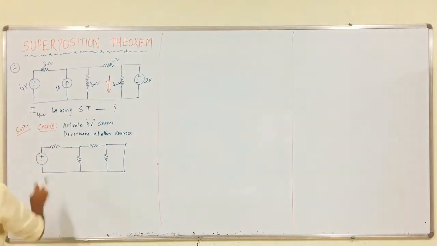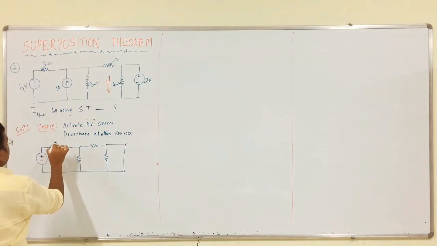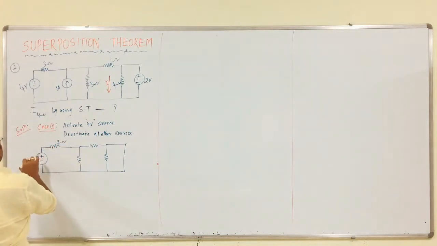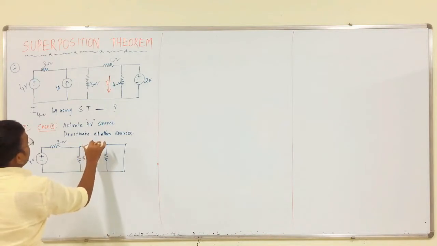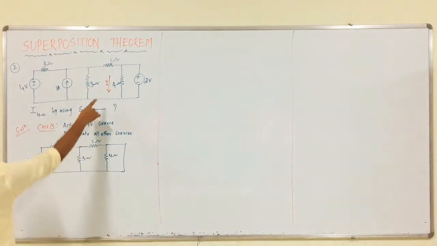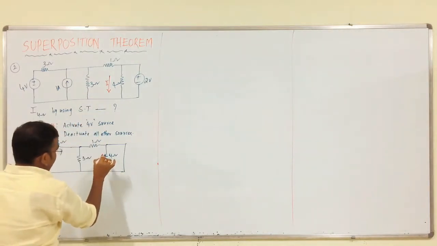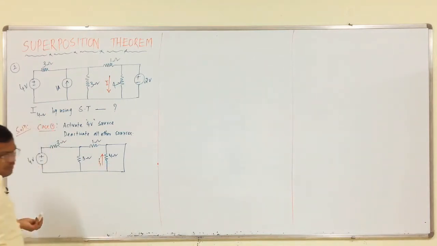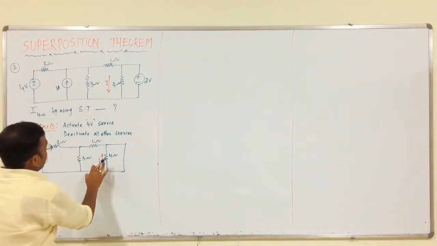Clear? So, this is active, this is open circuited, this is short circuited, therefore this is 3 ohm, this is 4, this is 3, this is 1, this is 4, that is it. So, we have to calculate the current through this branch. I can assume the current direction upwards, it is my wish, I1 upwards.